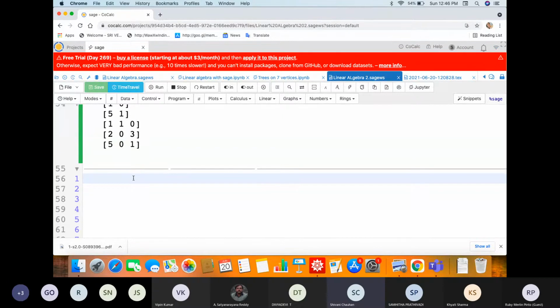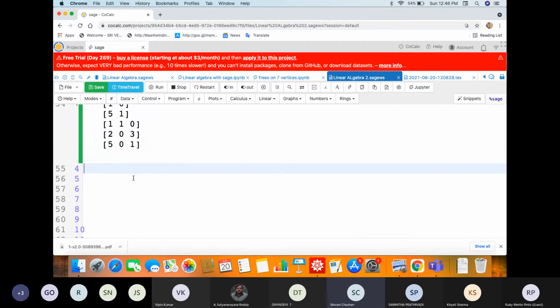At this point, I'll just introduce some standard matrices like identity matrix, diagonal matrix. There's a simple command, identity matrix, and in this you have to just type of how many orders you want. So let us say 3, and if you want a diagonal matrix, give the diagonal elements.